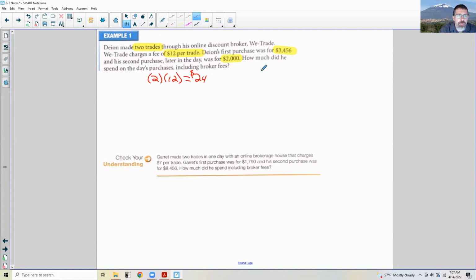So his first trade was $3,456. His second trade was for $2,000. So that's a total of $5,456 in stocks. Then you tack on this $24 fee for the day of the 2 trades, and the total is